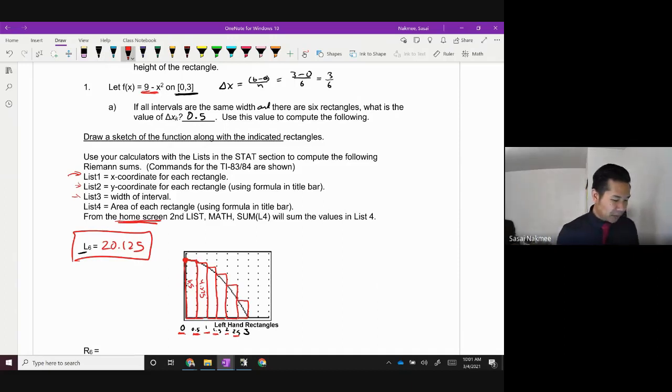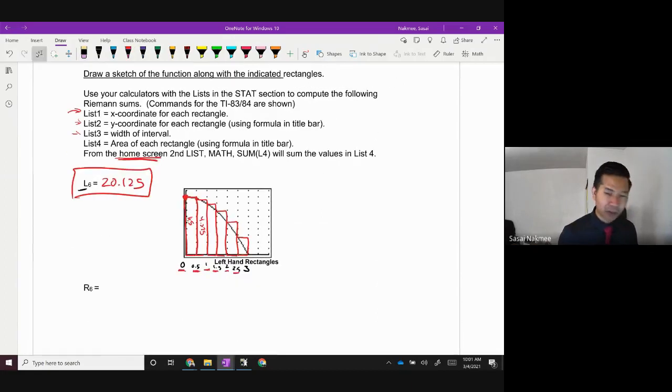Now, some of you guys might not have a TI calculator, but you should have access to it on your Chromebook. Remember, I gave you the link so you can download the app. It is free until July, so you guys can do it for my class and get yourself familiar with it. Because like I said, when you do the AP exam, you're going to have to use these TI calculators.